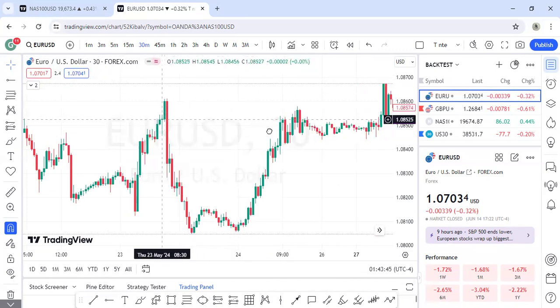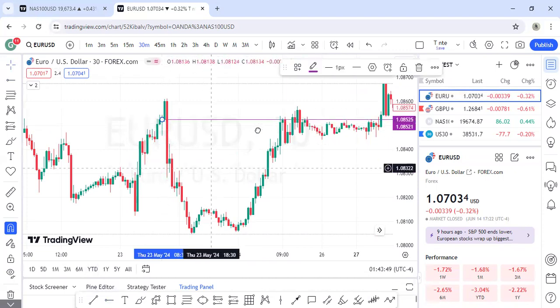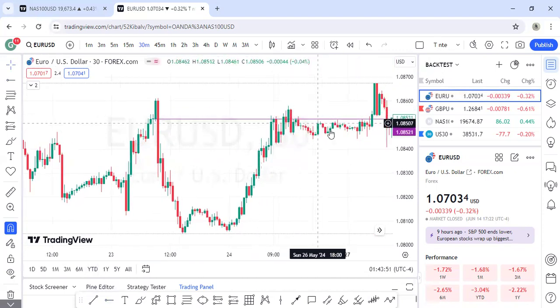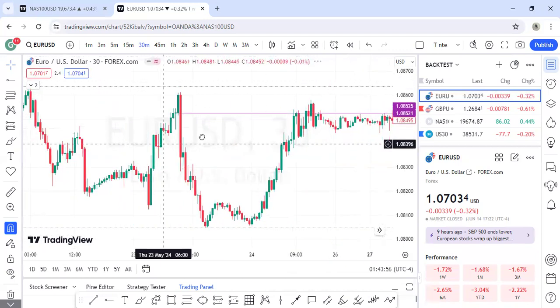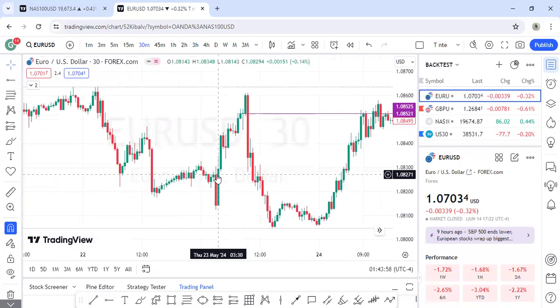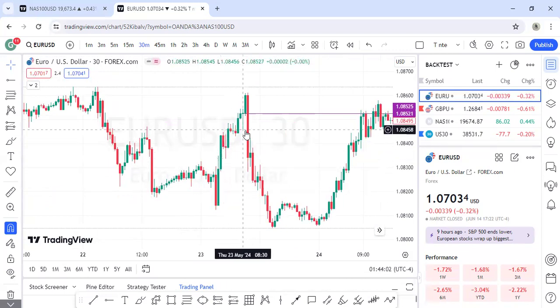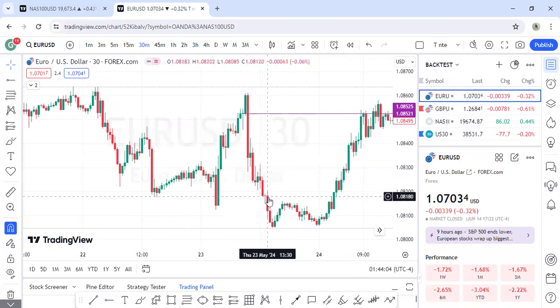Although we can see how the market came back to that candle. You can see how price found it difficult to break through. Market was just finding it difficult to break through before finally breaking through, right? So these are order blocks you can look at. Look at another order block here. You can see this one here. Although there was no imbalance left here, price kind of played around it and then dropped off,